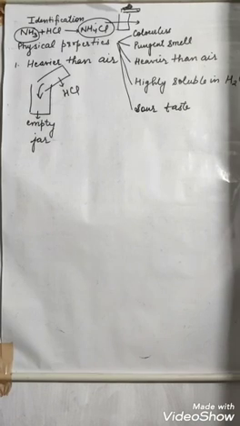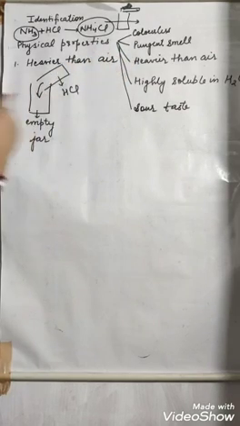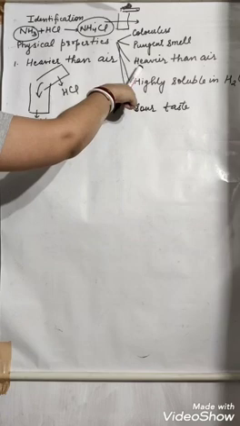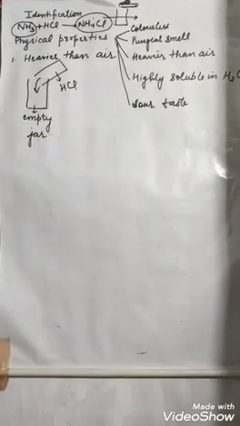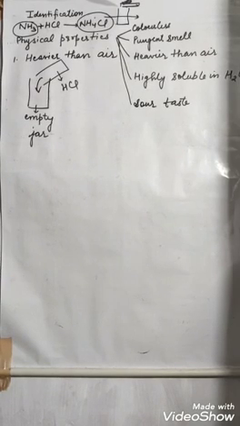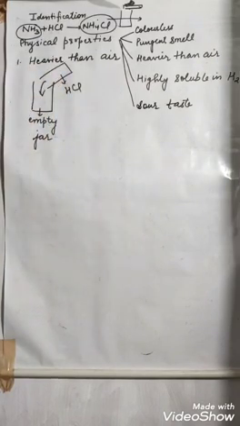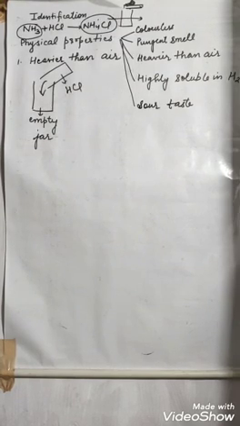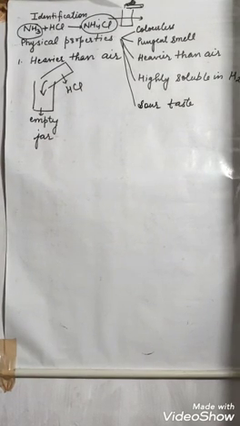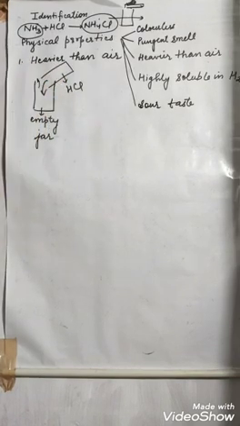Now what are the physical properties? Physical properties of HCl gas: it is a colorless gas, with a pungent choking smell, heavier than air, highly soluble in water, and it has a sour taste. Now how can we identify that it is heavier than air? We will take an empty jar and a jar full of HCl. We will pour like this, as we pour water from one glass to another glass. HCl will go in, and air will move out.